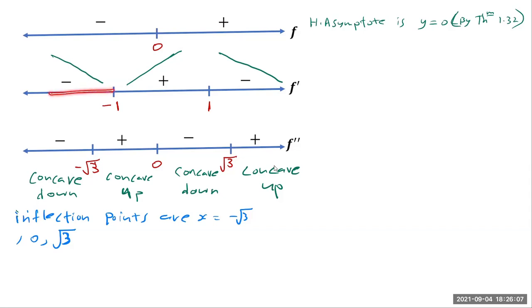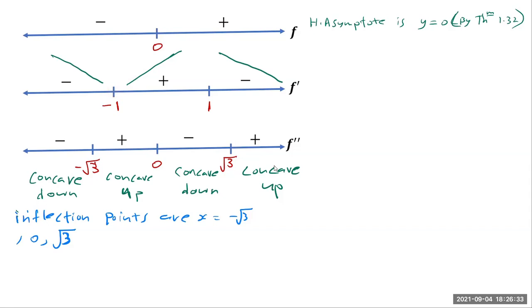To the left of this number, it is decreasing. f prime is negative. To the right of -1 in an interval, your f prime is positive, or your function is increasing. That means by the first derivative test, I'm going to have a local minimum at x is equal to -1. Notice that my function is continuous everywhere. Okay, so I can apply